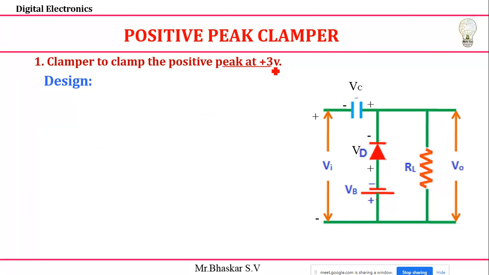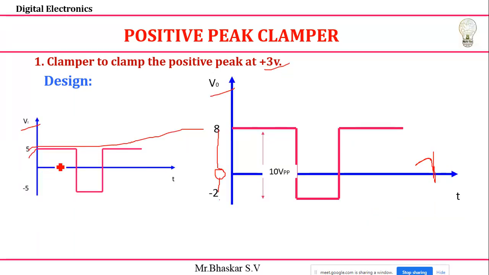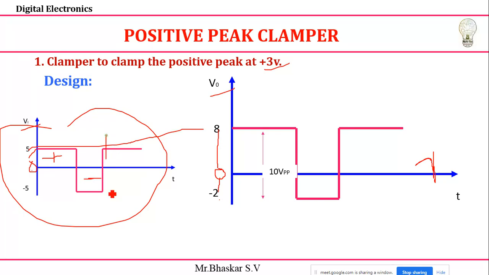We need to understand, when it comes to theory, we already know that a diode is forward biased during the positive half cycle or the negative half cycle. For example, this is the input you are going to take. Here 0 to plus 5 volts is the positive half cycle of the input signal, and 0 to minus is called the negative half cycle of my input signal. This is one total time period.